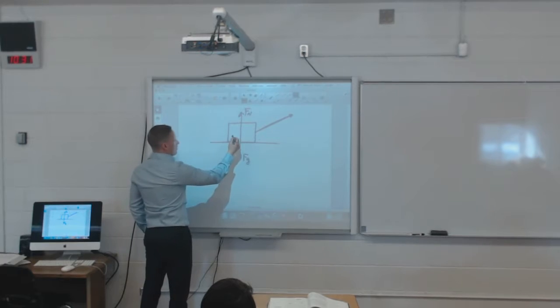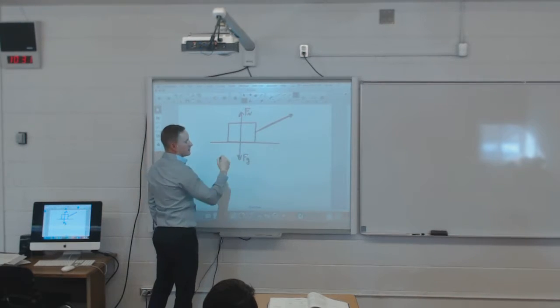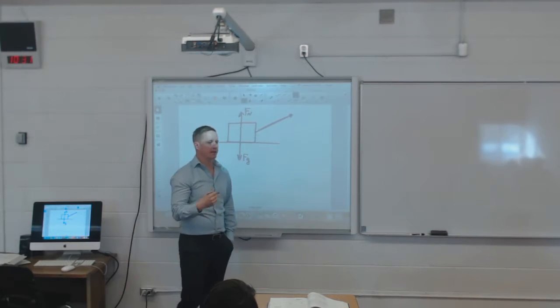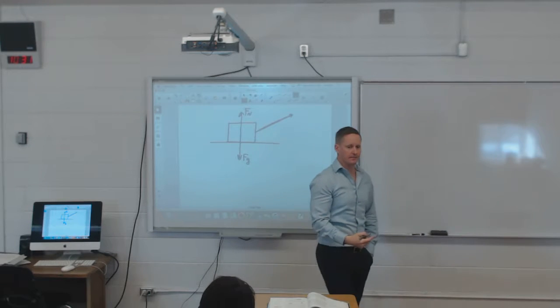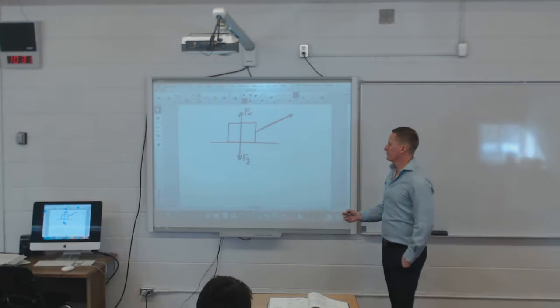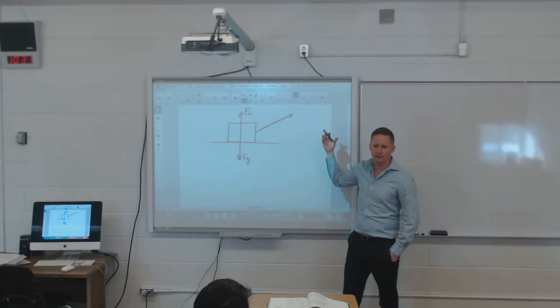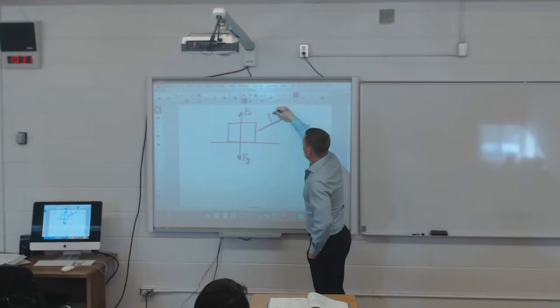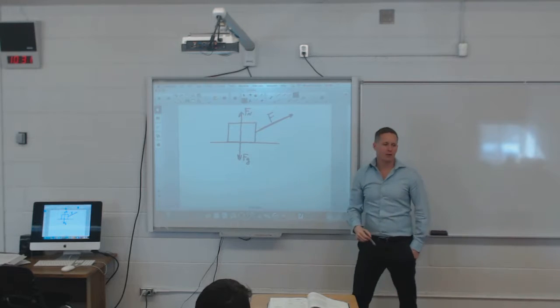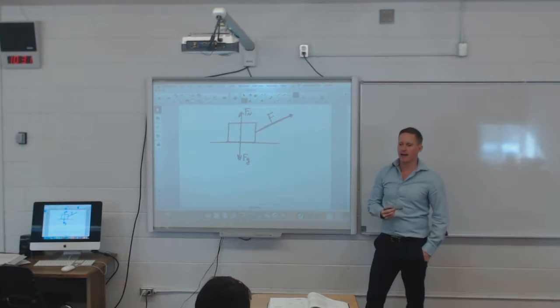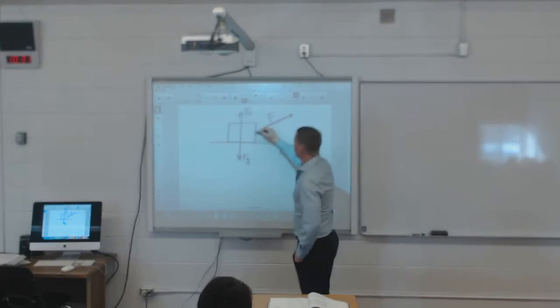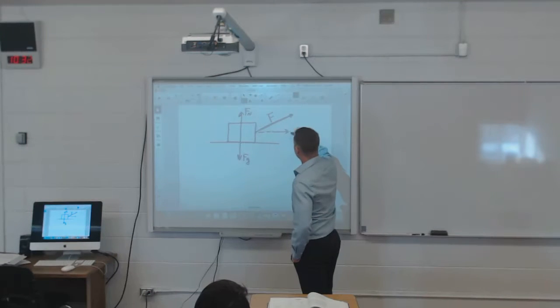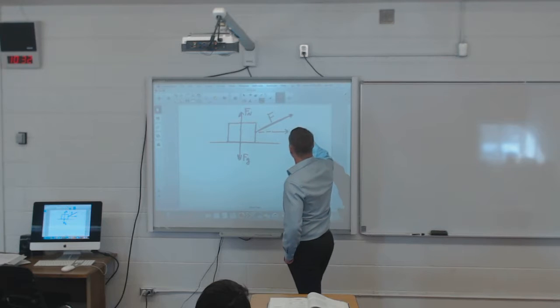Moving along the snow, here's the catch for this question. We are going to assume that the toboggan is going to be moving parallel to the surface. This force right here will be the pull force, what he's pulling on the handle. But the direction of motion is this one right here, which is the applied force.